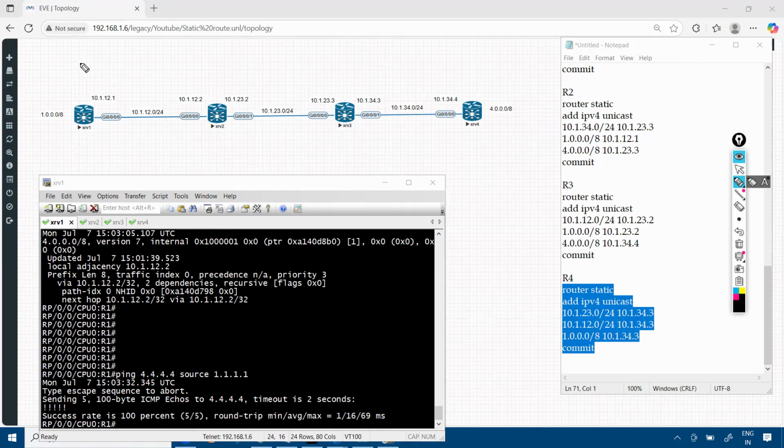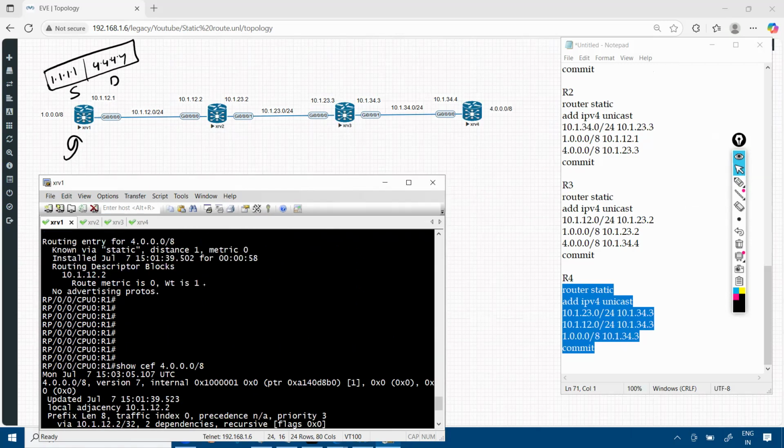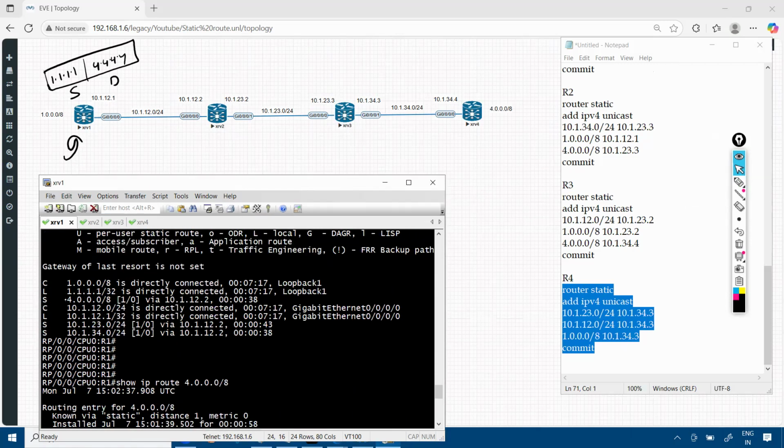So when I send the packet, my packet has a source of 1.1.1.101 and destination 4.4.4.4. Whenever the packet comes to router number 1, router 1 says, do I have a route for 4.4.4.4? Yes, I do. According to my routing table, I need to forward the packet to the next hop 12.2.